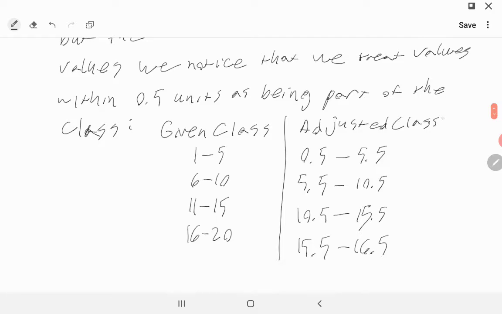And so we notice that if we tack on a column for frequency,